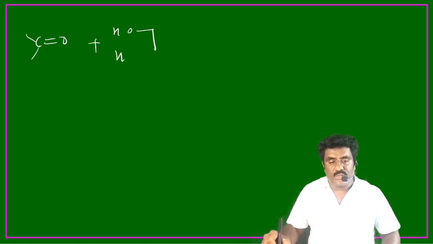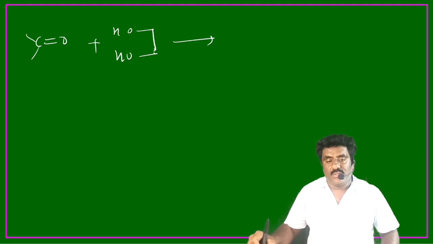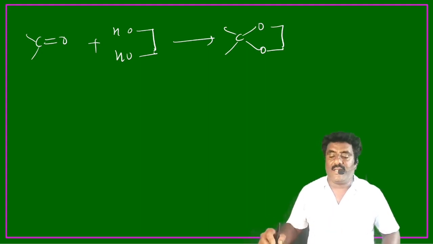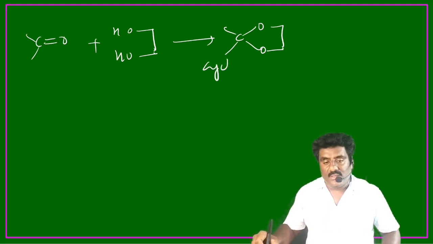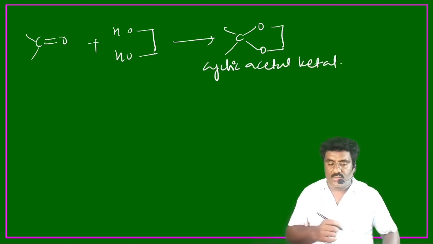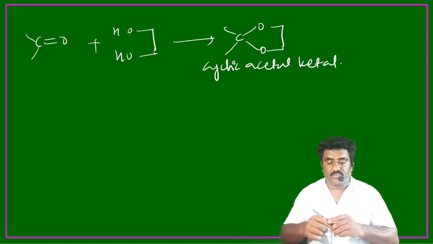Next reaction. A carbonyl compound with CH2OH and CH2OH, that is, ethylene glycol. It gives C with two O's joined by CH2CH2. It is a cyclic acetal or ketal. Next,